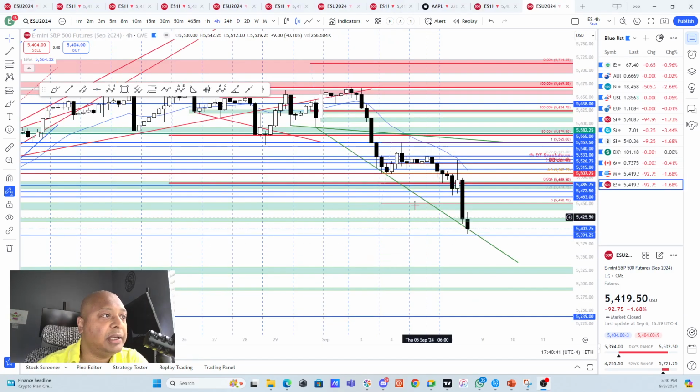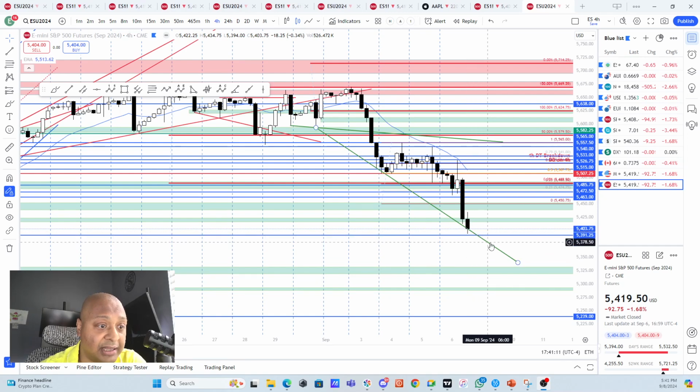Now, if we look at the ETH 4-hour chart, we'll see this was the first leg down, and then we had a consolidation area again, which again broke down and we came down to the bottom. Now, if we look at this wedge, we have the first touch, we have the second touch, we have the third touch. And for continuation to the downside, I want to see that the price is getting below this 5390 level. I want to see the price stay in this area and then break down sometime in the morning below this particular wedge line.